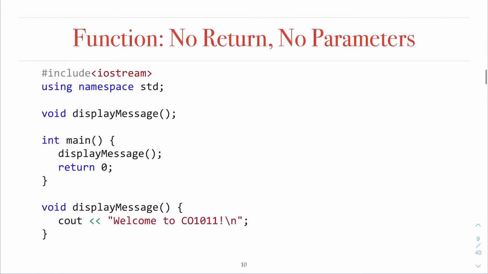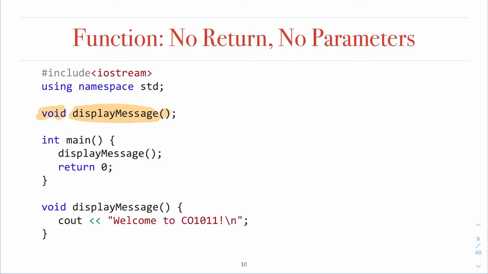Now, the first thing you want to look at is a function with no return and no parameters at all, like the display message function I have here. It takes no parameters, and it returns the data type void.